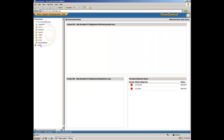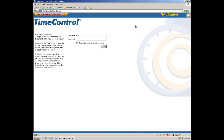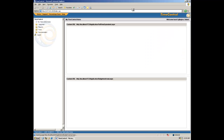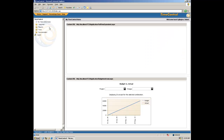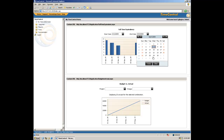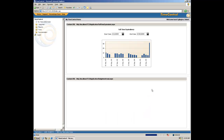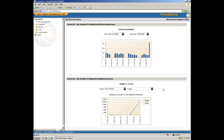From the executive perspective, and I just want to log in for a moment as an executive. The executive can look at information from reports. They can have their own dashboard that is appropriate for information that they may want to look at. An executive might not see all the things an administrator might see, but they might also be very interested in the full-time equivalent list, or in a budget versus actual for different projects and different charges based on actuals and